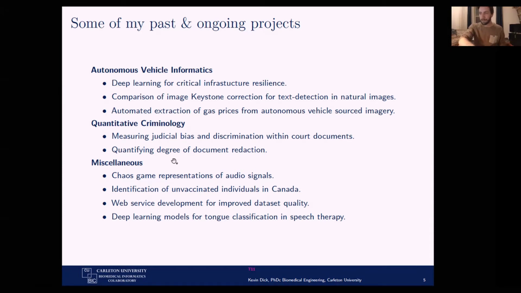And then there are a number of miscellaneous projects. I did chaos game representation for protein applications with another set of collaborators. We're trying to do this also for audio signals, which is interesting. We can use that as a representation to try and classify between different types of sounds. My own data science project for the graduate level course that I took back in 2016 was on trying to identify